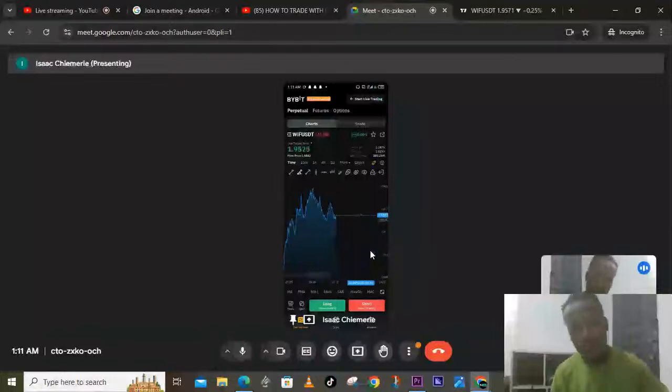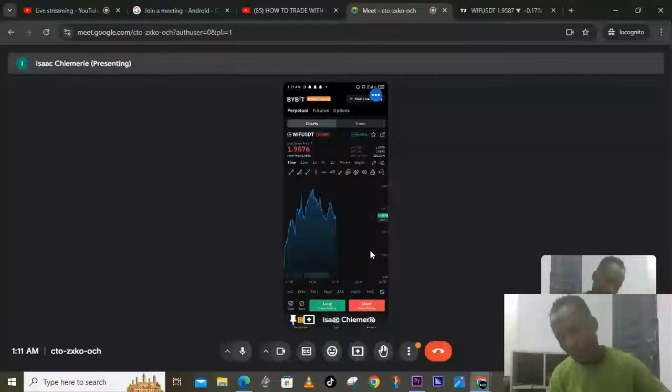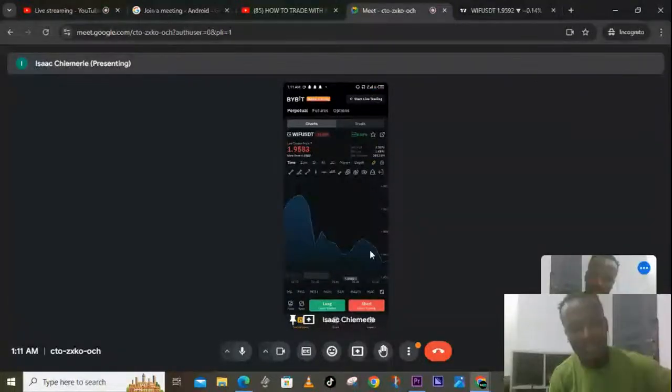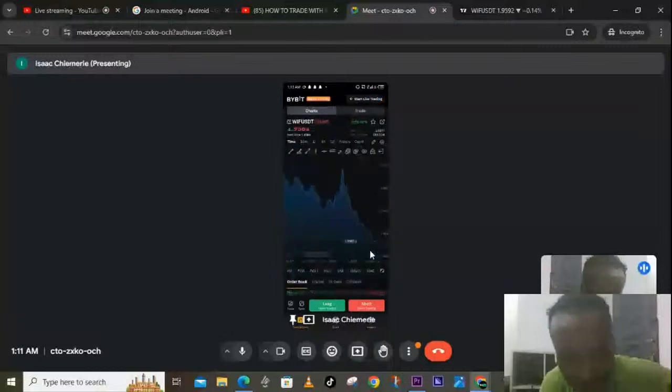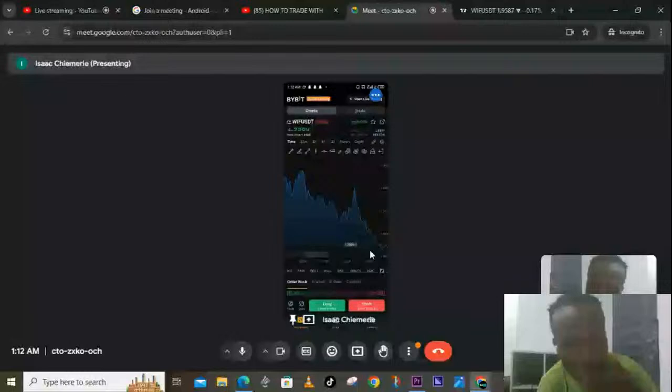So I don't know where I pressed, it's showing all this blue stuff. The color is blue. Okay, so you changed your chart from candlestick to line chart. So this is on line chart currently. That is why you are seeing lines. So how am I going to change it back? To change it back to candlesticks,